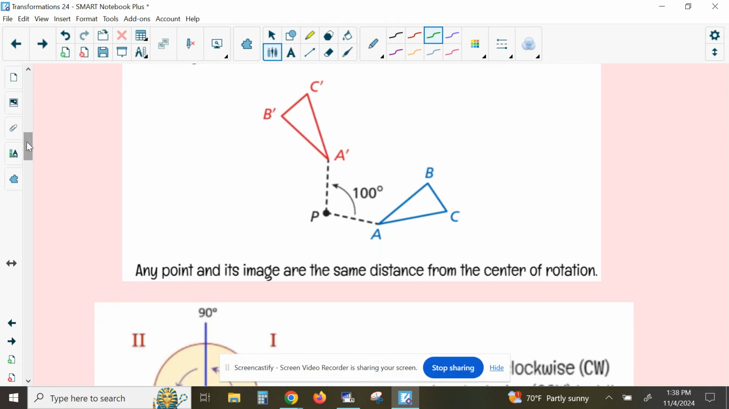Any point and its image are the same distance. So that means if I look at this picture right here, if I were to connect point P to B and point P to B prime, the length of this line and the length of this line